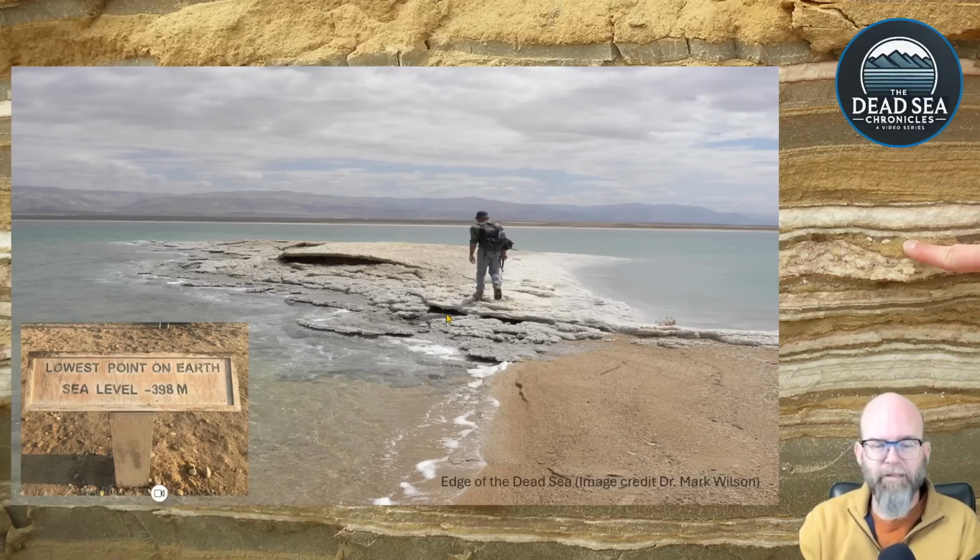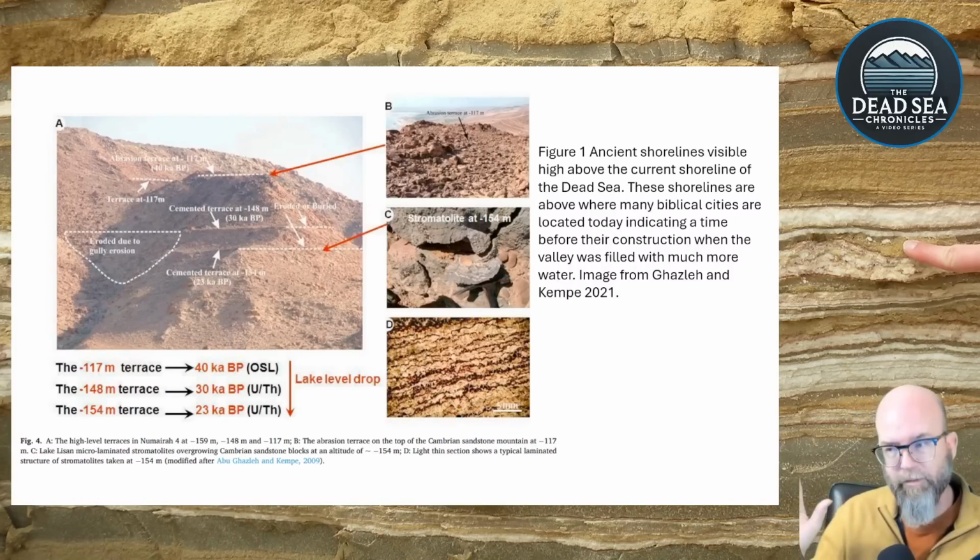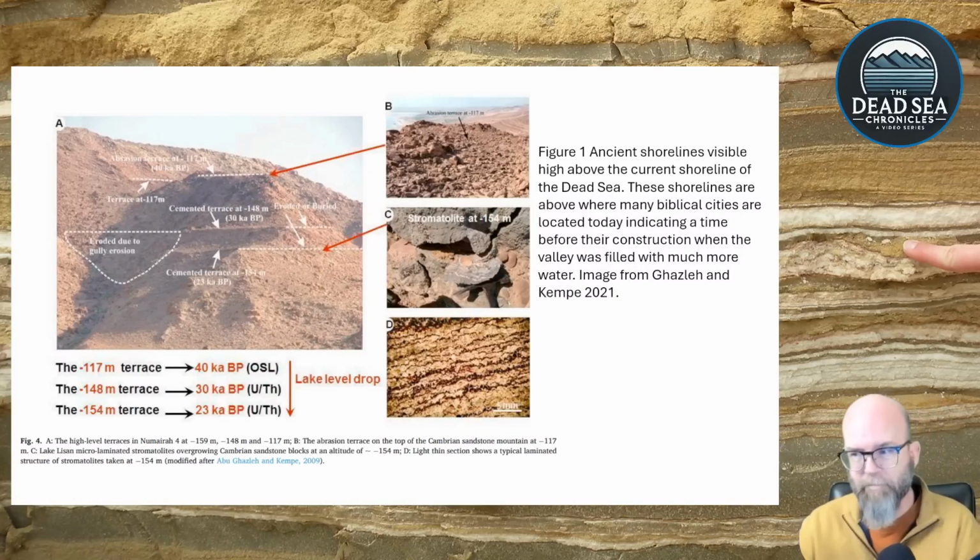And how do we know that the water was much, much higher in the past? I'm going to devote a whole part of a video to talking about this further, but I'll give you a little highlight right now. There are quite a few studies that have looked at the sides of the basin, and there are clearly terraces along the sides, and these terraces have concreted. They're called concreted terraces. They're concreted because they have minerals,